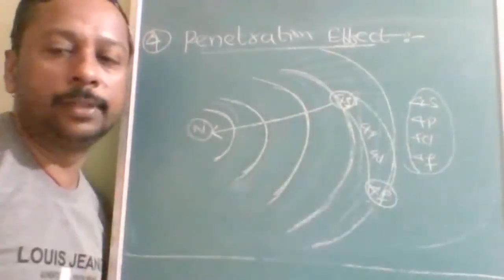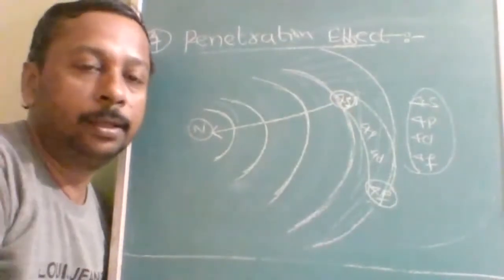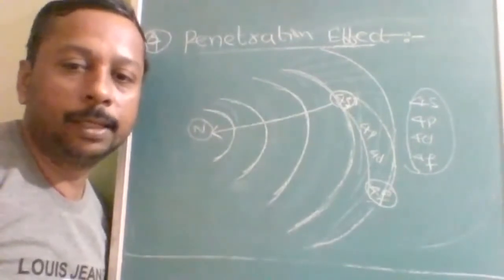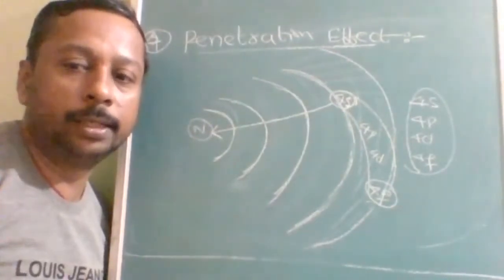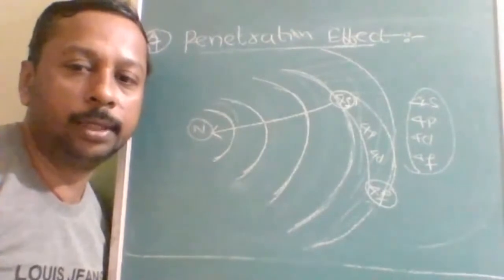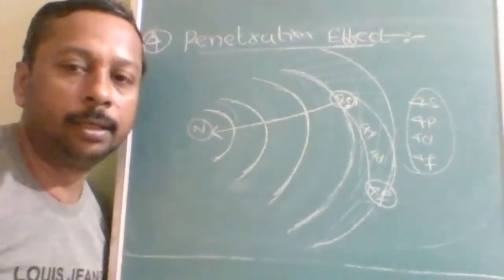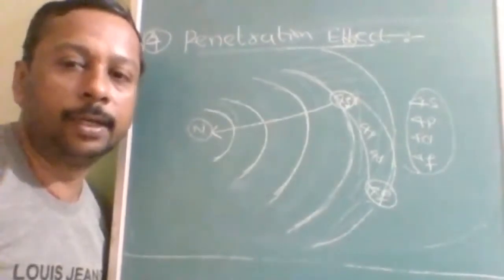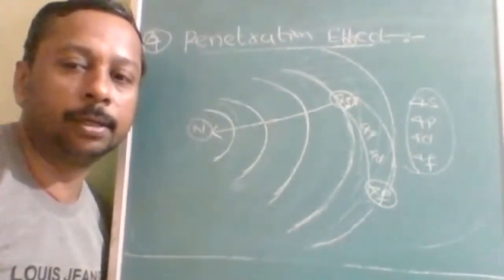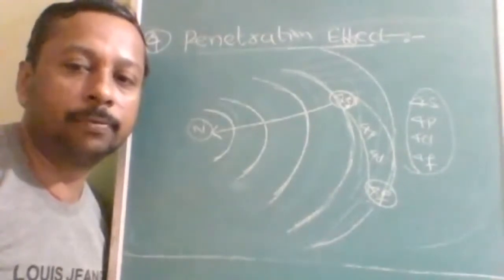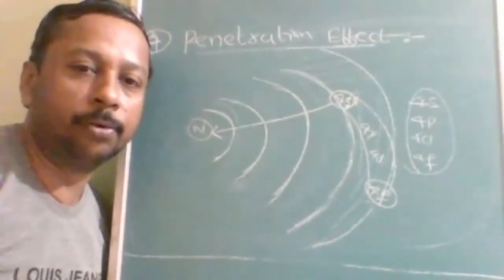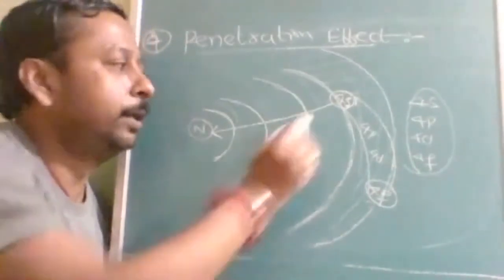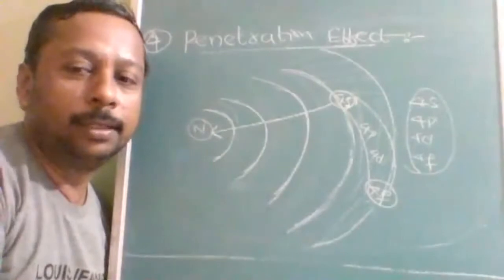Even though all of them are in the same energy level, the s subshell electron has more tendency to penetrate into the nucleus. To penetrate where? Into the nucleus. Therefore, it is very difficult to remove the 4s electron. Okay. So when you go and ask the 4s electron, can you come out with me for an outing? Then it will say, no, I am sincere. I want to concentrate on the nucleus only.